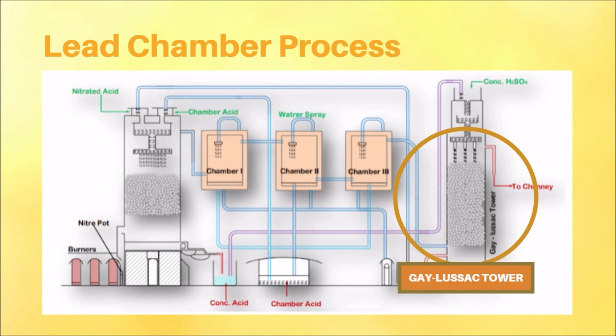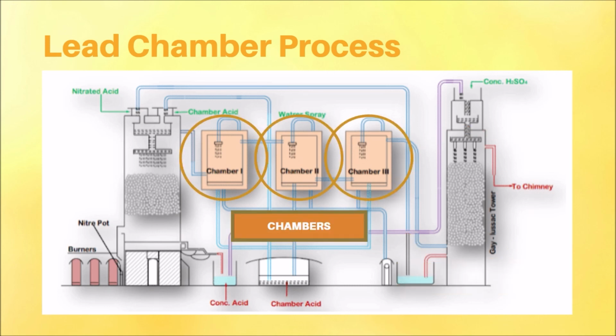Unreacted gases obtained from lead chamber are passed in Gay-Lussac Tower. Sulfuric acid is spread from the top, then nitrosyl hydrogen sulfate is obtained, which is taken back in Glover Tower. Mixture of sulfur dioxide, air, and oxide of nitrogen left in Glover Tower is sent to lead chamber, and in this chamber, dilute sulfuric acid is obtained.